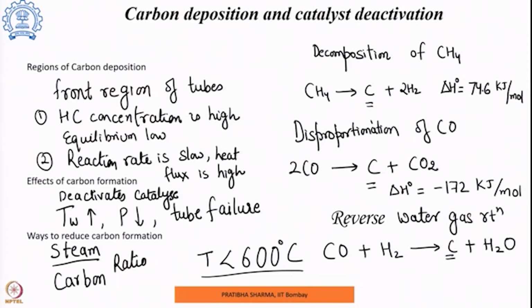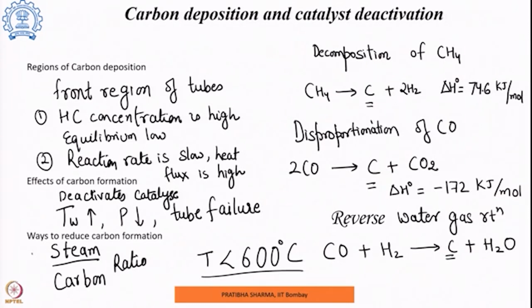So that is why steam methane reforming is usually a high temperature process, and the reaction occurs at 850 to 900 degrees centigrade, under which the coke deposition is lower. So steam to carbon ratio is the best way to reduce this coke formation. One more method could be